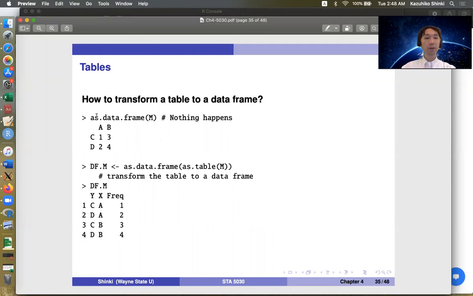So if we want to make this into the original data set, that means that we have one observation of Y equal to C and X equal to A, and two observations for Y equal to D and X equal to A. And three observations for this combination and four observations for this combination. But if we just put